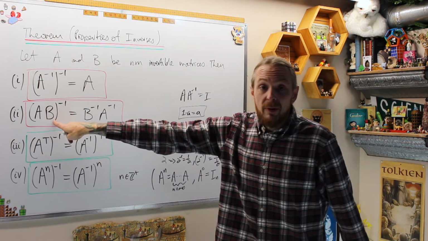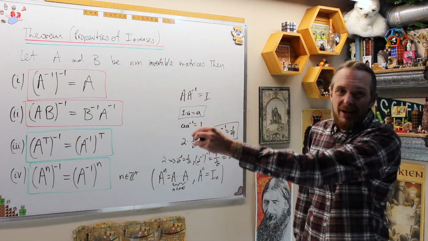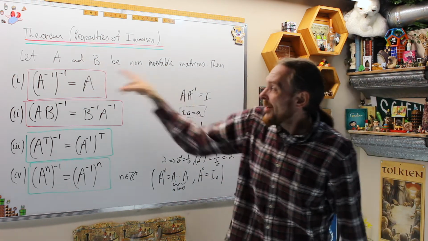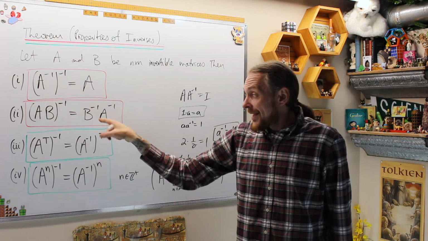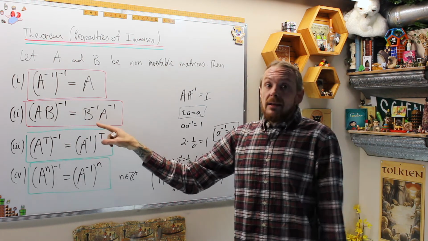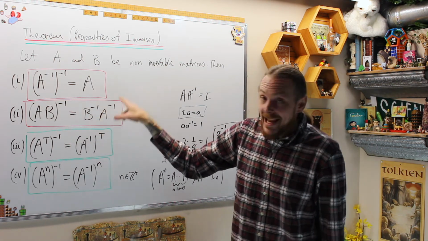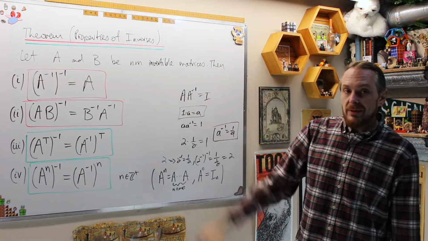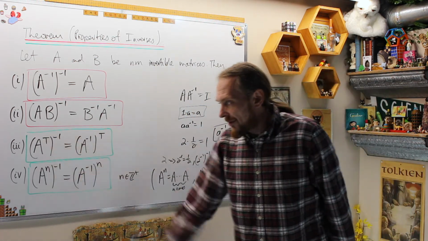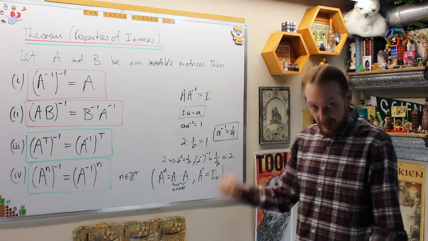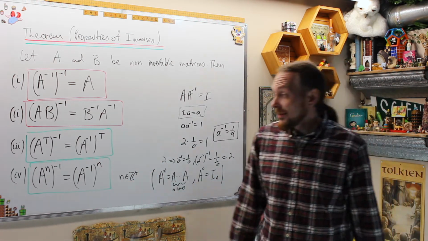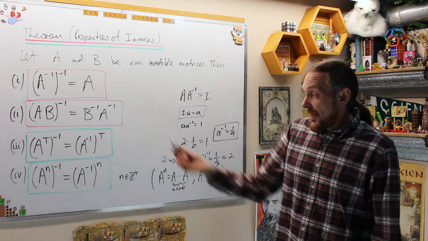For this one, if we want to invert the product, what that says is if A and B are invertible, their product is also an invertible matrix, and that inverse, which we know is unique, has to be B inverse A inverse, not A inverse B inverse. The other two properties, which are less relevant in this course because we won't use them as much, we should list for completeness,